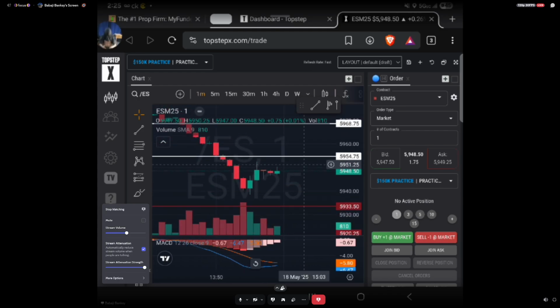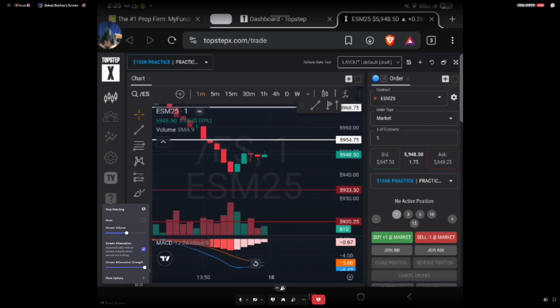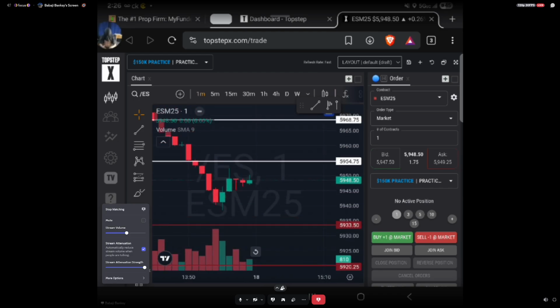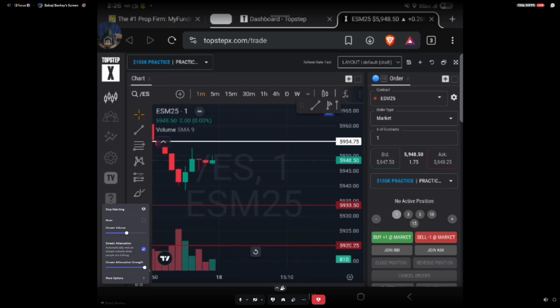So it might either go up to this zone or this zone, or it might go down to this zone, this zone. There's not enough data. So I'd have to wait maybe 10, 15 minutes, see what happens, and then I can execute a plan. And if my plan succeeds, I'm making $500 in a minute, bro. And all I have to do is this 5 times in a week.